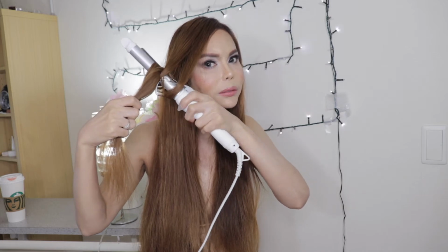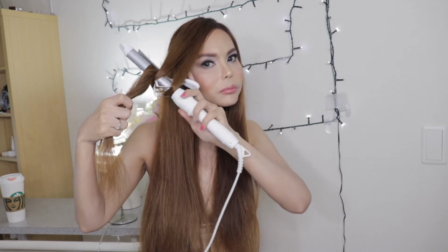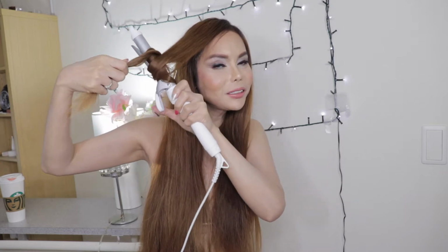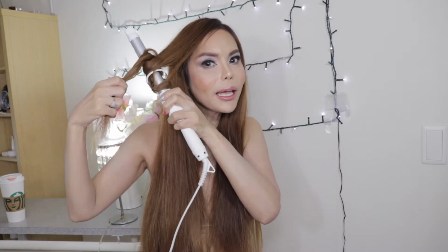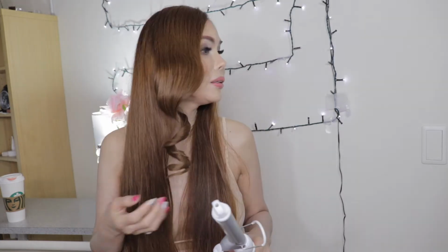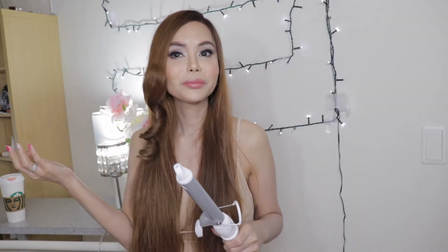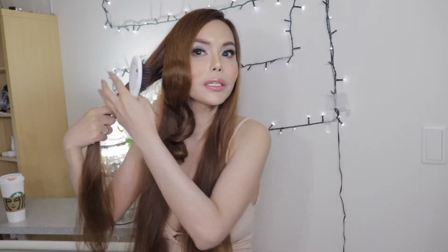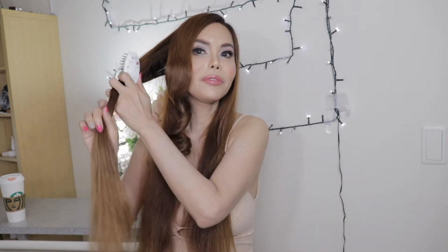Twist and open. Open, twist. It's like open and twist. Look at that curl. Voila, it's great. So to continue that, just get some of the hair again